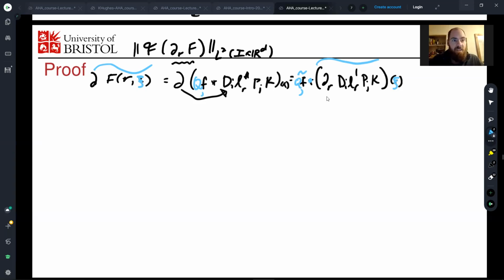It turns out they actually commute, because the Fourier transform is just acting on the x variable, whereas the derivative is just acting on the r variable. Okay, so the Fourier transform of the derivative is actually equal to,